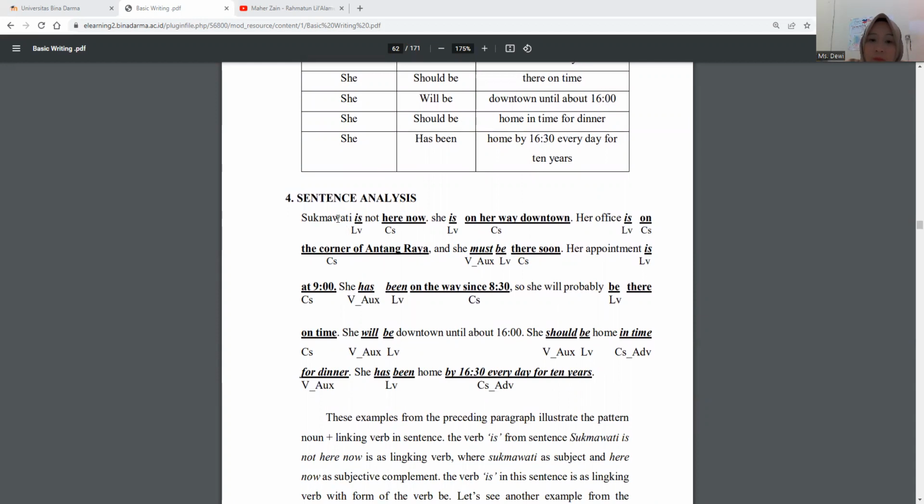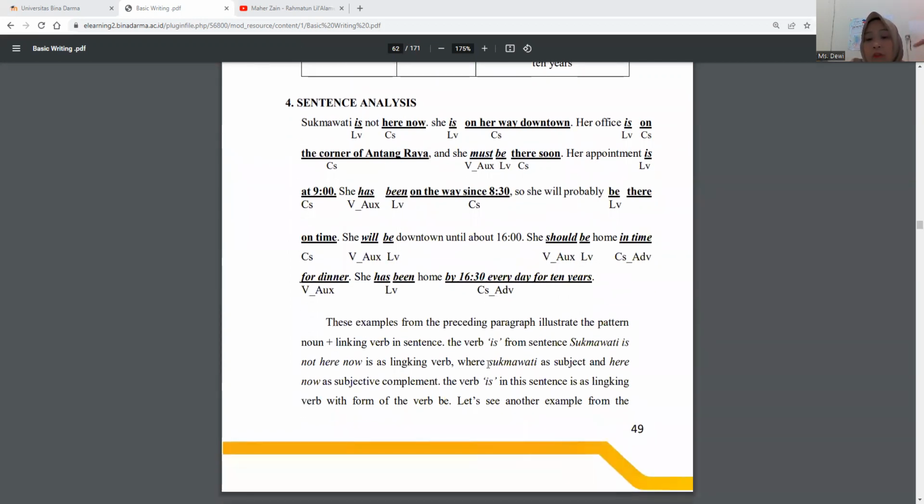LV is linking verb. CF is complementary subject, so it explains the subject Sukmawati. You can see these examples from the preceding paragraph illustrate the pattern noun plus linking verb in sentence. The verb is from sentence Sukmawati is not here now, is as linking verb, where Sukmawati as subject and here